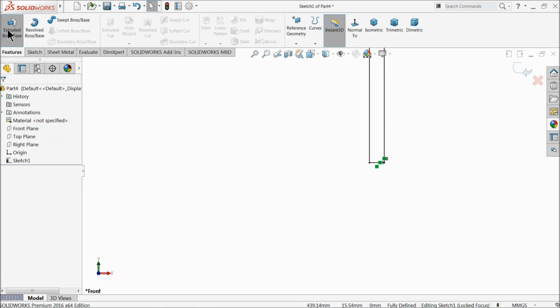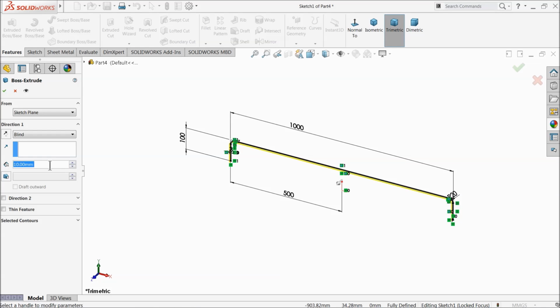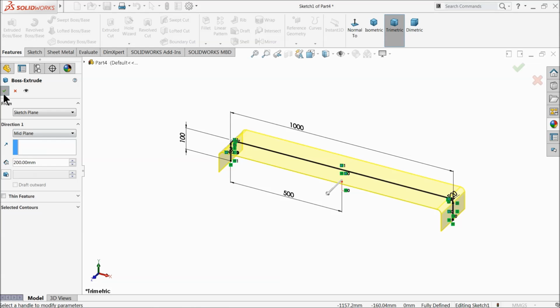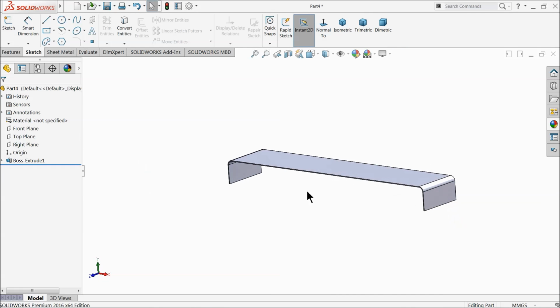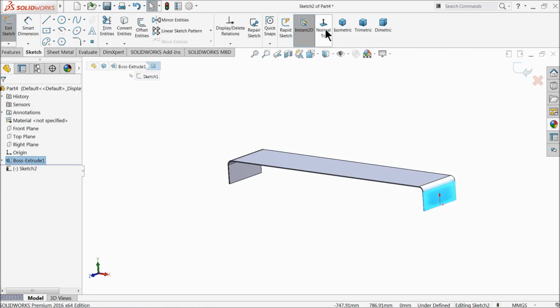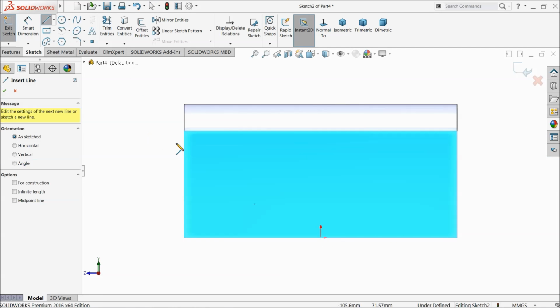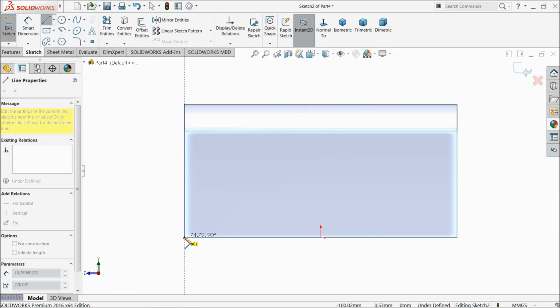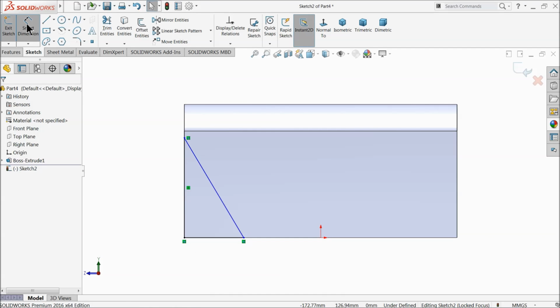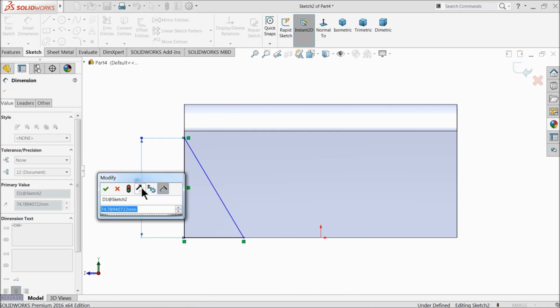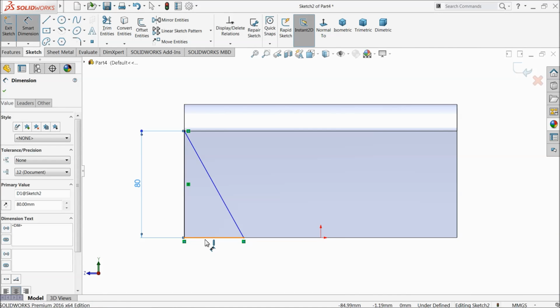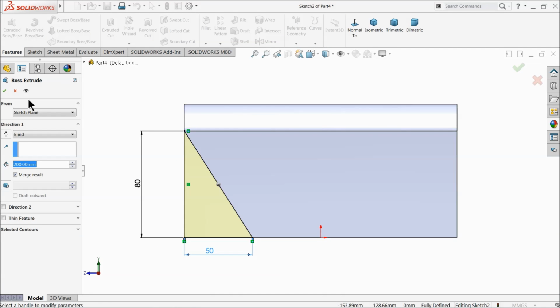Exit. Now extrude it 200 millimeter mid plane. Okay, this face is sketch, select here line. We want to cut a taper face 80 millimeter by 50 millimeter. Now here select cut through all. Okay,